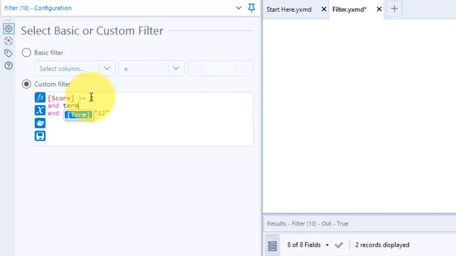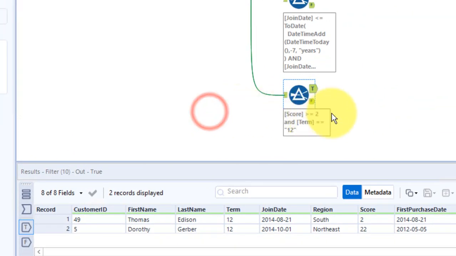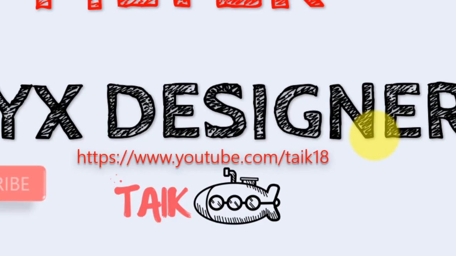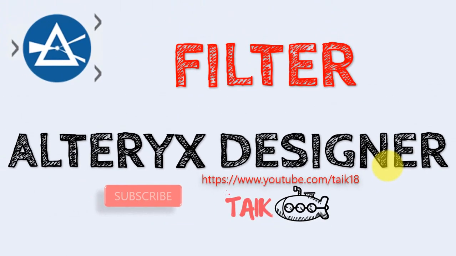As the term itself is a text field, I'm using it inside a text function. Whenever text comes, you have to use the double equals, and when it comes to a numeric value you can use greater than or equal to or less than or equal to. Now if I click run here, wherever the score is 2 and the term is 12, it will show up a value in the true section, and the rest of the values it will show in the false section. So these are the functions available inside the filter tool in Alteryx Designer.